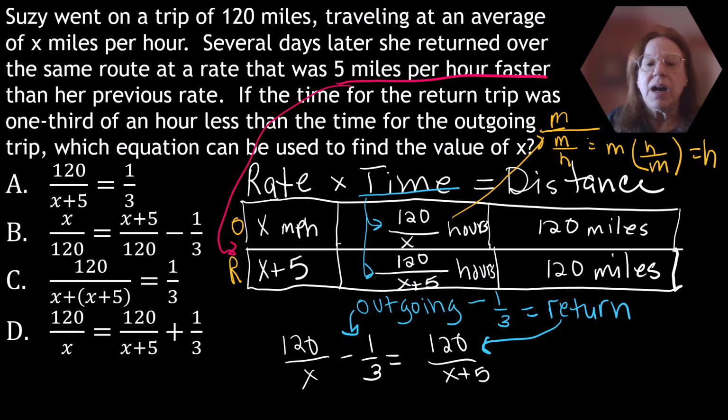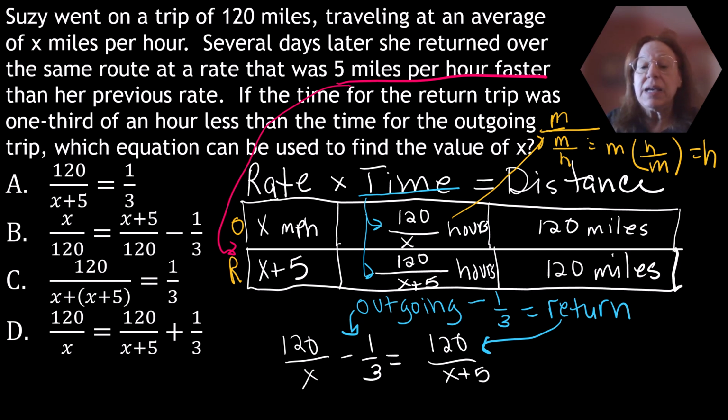Now, what we're looking for is an equation that can be used to find the value of X. Okay, so X is miles per hour. That's the rate. But we have X in terms of time. So what we can do here is we can say that 120 over X hours in the blue there, the first